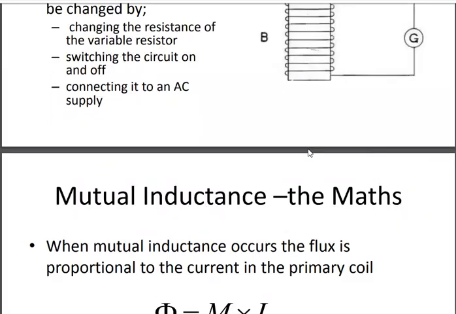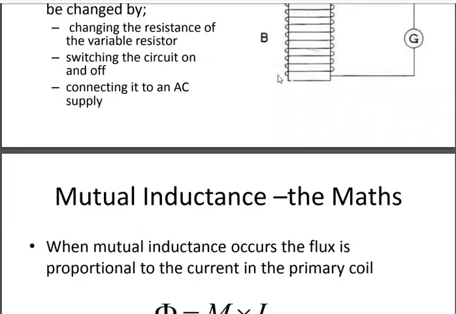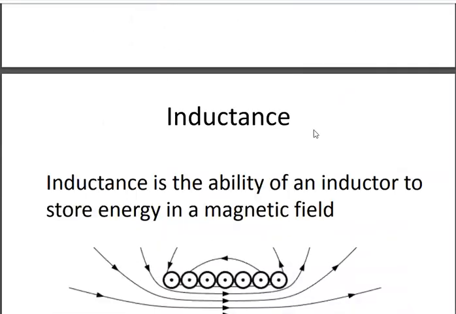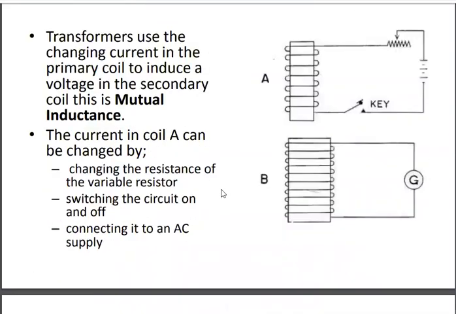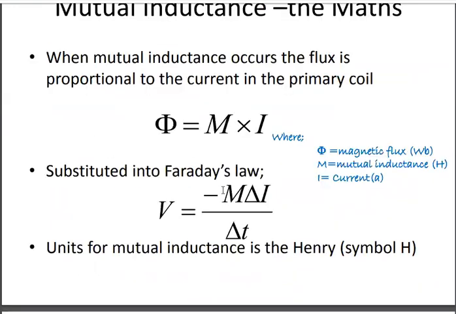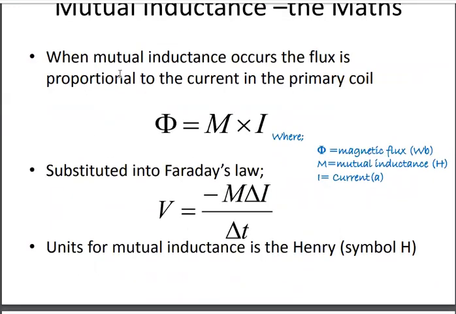Inductance is the property associated with the inductor, or inductance is the ability of an inductor to store energy in a magnetic field, just like a capacitor has the capacity to store electrical energy in an electric field. So here, when mutual induction occurs,